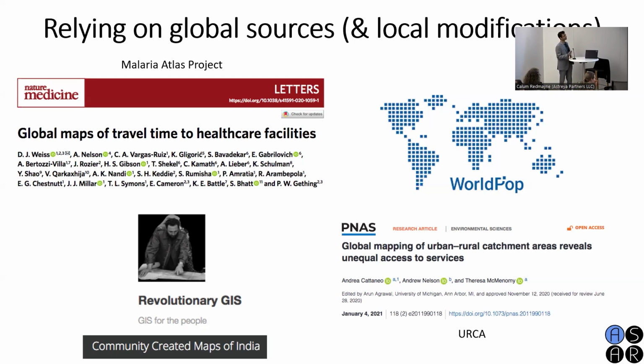So for timeliness, friction surfaces, these are huge global GIS maps that tell you how much time it takes to go from point A to B, not necessarily healthcare, but just from point A to B. We took those from Malaria Atlas Project. We took population estimates from WorldPop, which provides estimates from, I think, 2000 to now 2020 at really high geographic resolution. So they have an estimate for each pixel of 1 kilometer square.